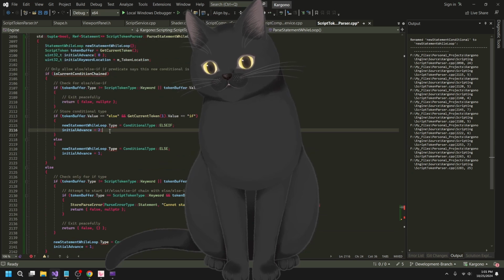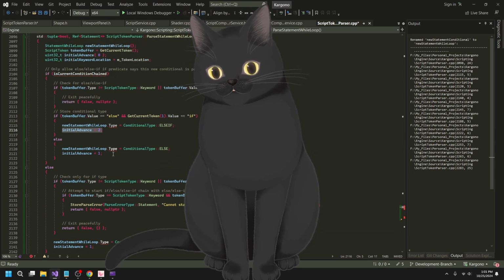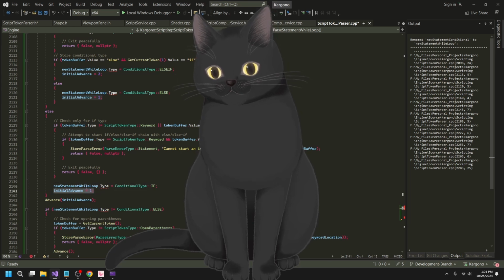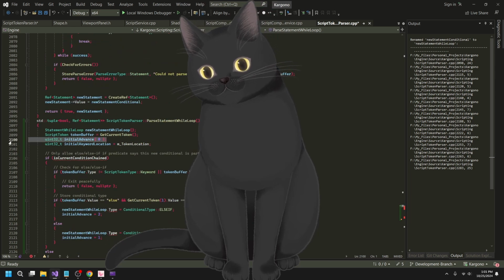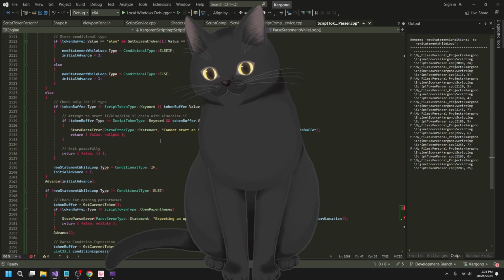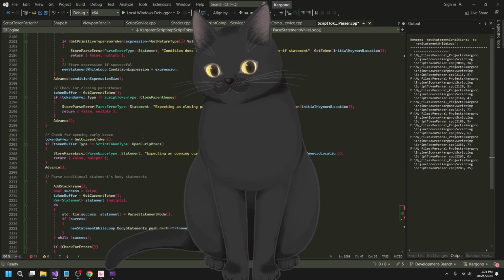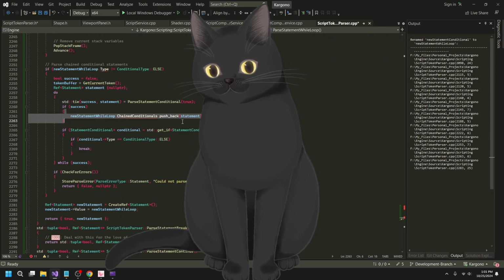You'll notice here for else I have 2 advances. With an else we have 1 advance. So we don't need this actually, because the advance is always going to be just 1. I believe this is only relevant in the first aspect of it, and then this is just the chain thing.